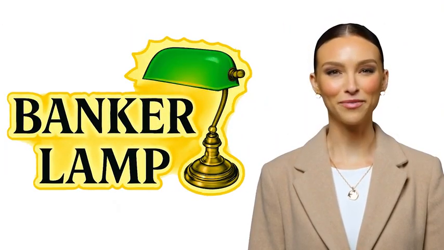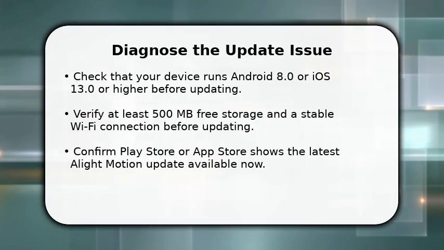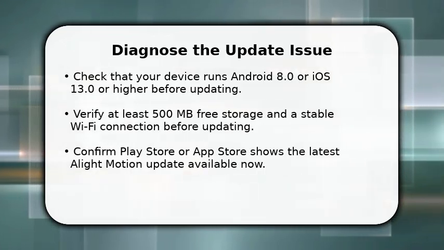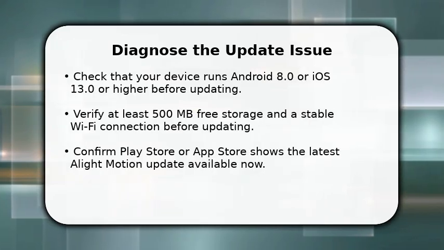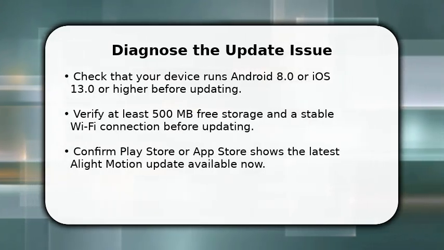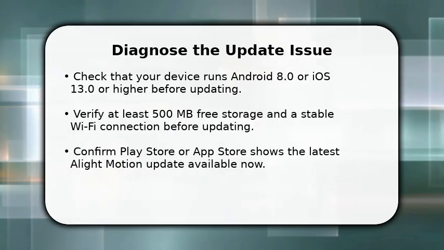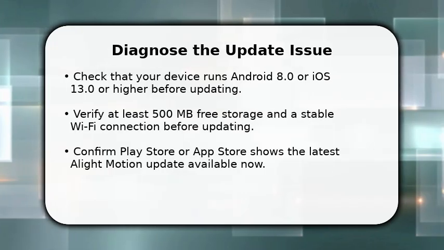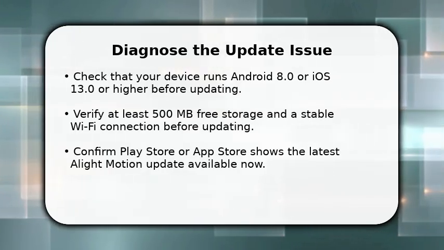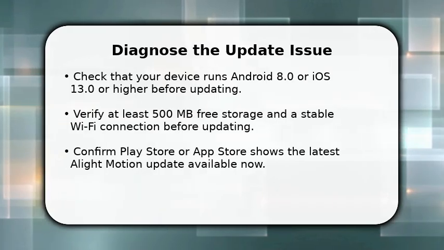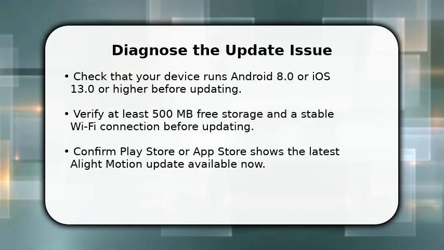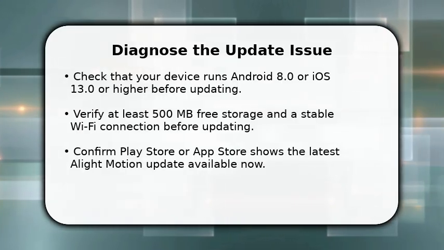Please enjoy the video. Start by diagnosing the update issue step by step with clear checks. Check that your device runs Android 8.0 or iOS 13.0 or higher before updating. Verify you have at least 500 MB free storage available on your device. Confirm that your Wi-Fi is stable and not using a captive portal or metered network. Open the Play Store or App Store and verify that the latest Alight Motion update is visible and ready to